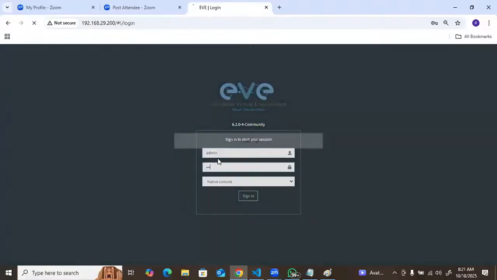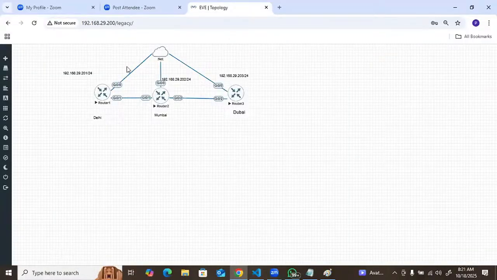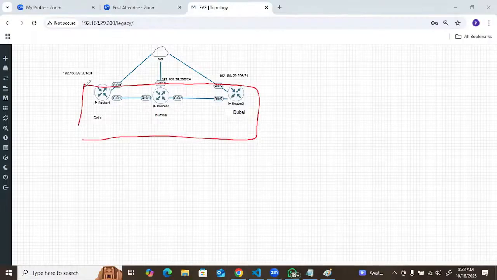Admin and EVE is there. You guys see this topology? Are you able to see now? Yeah. Okay. So right now I'm just assuming this is my one infra, right? How many devices do we have right now? 1, 2, and 3. It can be 3000 or it can be 5000.